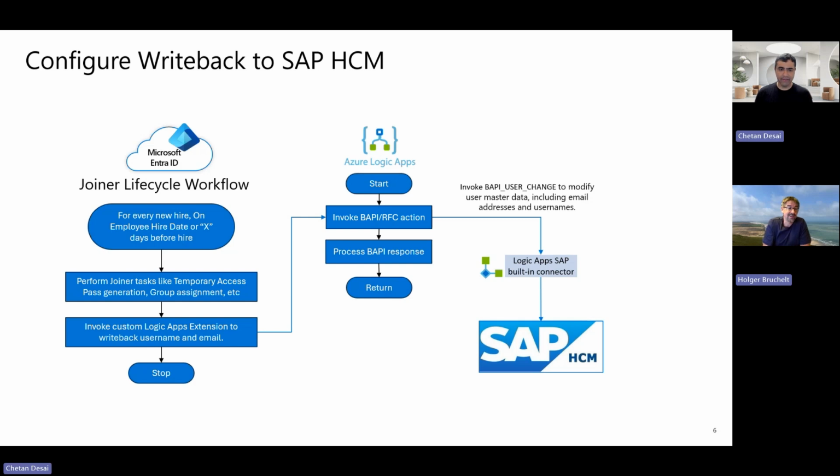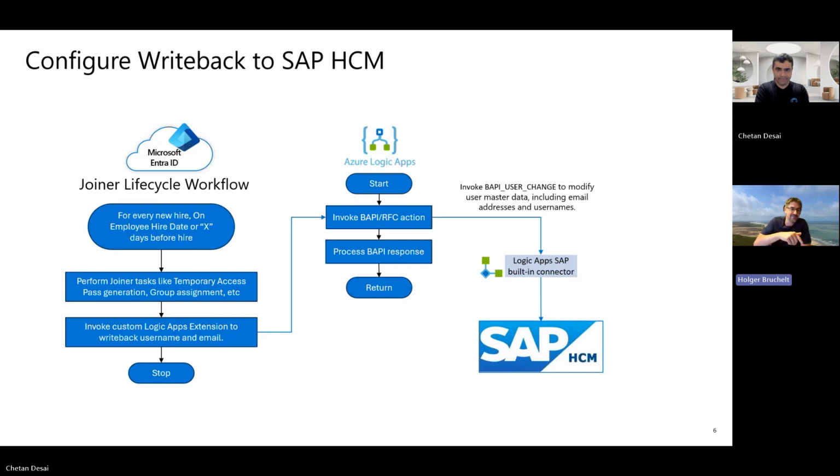Cool. And I like that you point this out, because obviously we were always talking about the HCM system being the first one. Basically, that's where I create the new employee. But at that time, I have a lot of details of the employee, but as you said, the email address, for example, is missing. So I somehow need to get this information also in my HCM system.